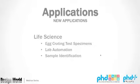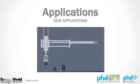In the life science industry, moving test specimens through procedures, automating labs, moving around test tubes, petri dishes, again, moving cameras for sample identification, things of that nature to various positions are good examples of applications for electromechanical devices and their ability to position. So really, in summary, new applications for electrically driven automation actuators can offer a lot of flexibility for position, velocity, force, along with some of the energy cost reductions,